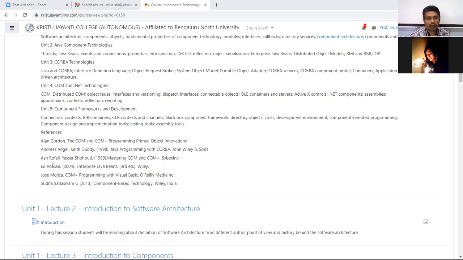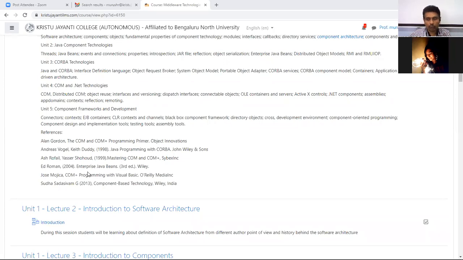The third is Rafael Yashir Shawshat, mastering COM and COM plus. And another author, Ed Roman, for EJB, and Jose Mojaika for COM plus programming with Visual Basic. These are for different technologies: one for COM, another for COM plus, a third for Corba, and another for Java Beans. So for the different technologies we are studying, different books are given.